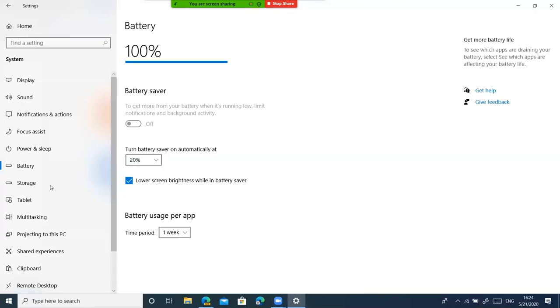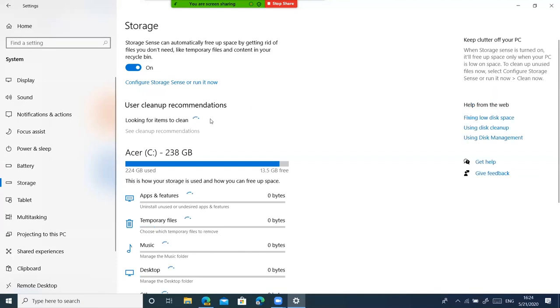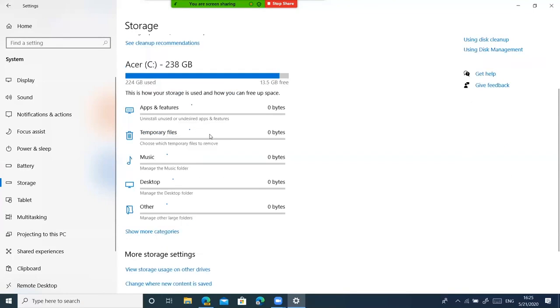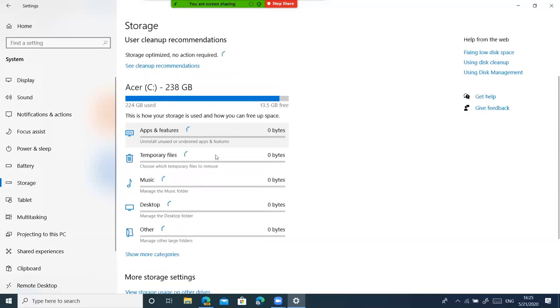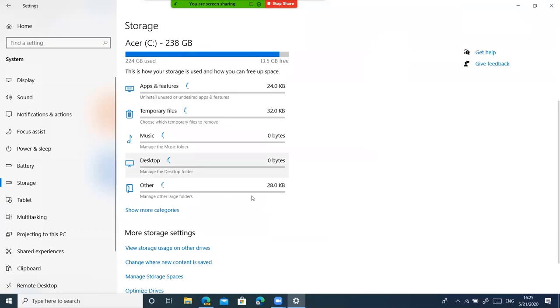Next, we're going to go over storage by tapping storage. Storage is useful if you want to delete apps that you might not want anymore, and files that you do not want anymore, and you'll be able to see what's using up all of your storage as well. And if you scroll down, once it picks up that information, it will tell you how much you have left